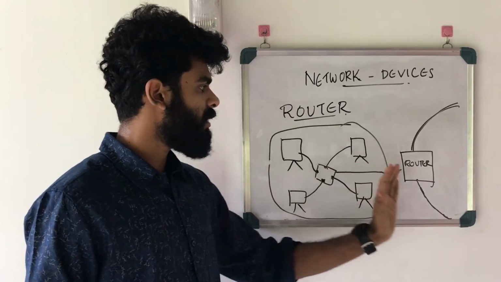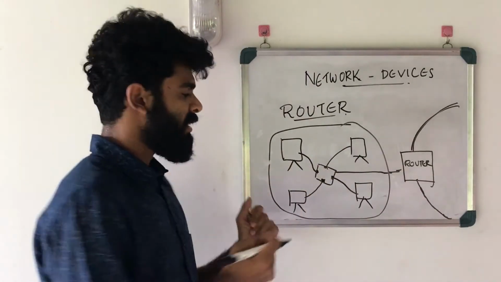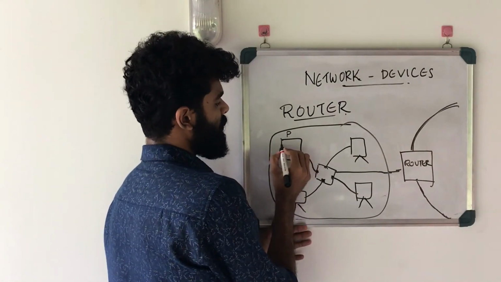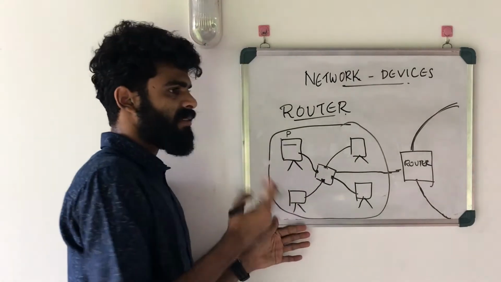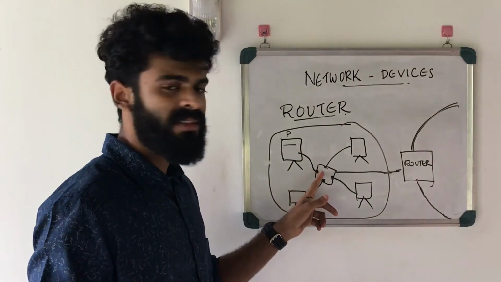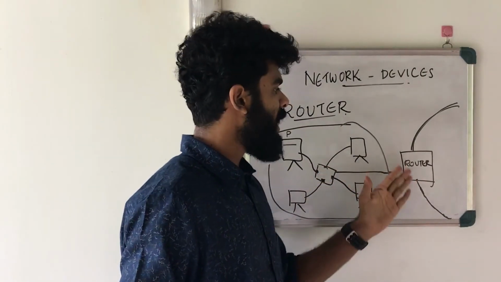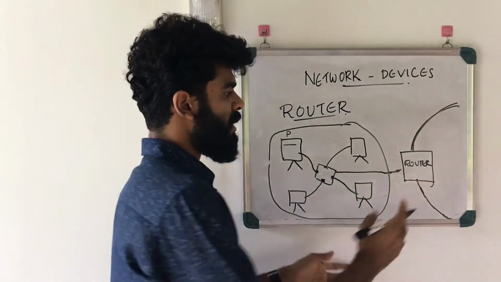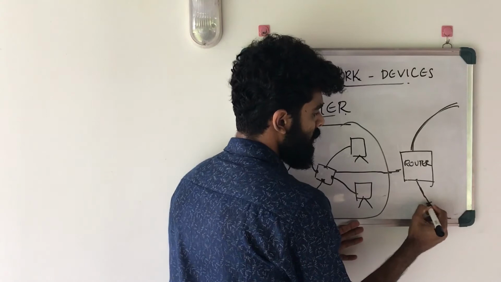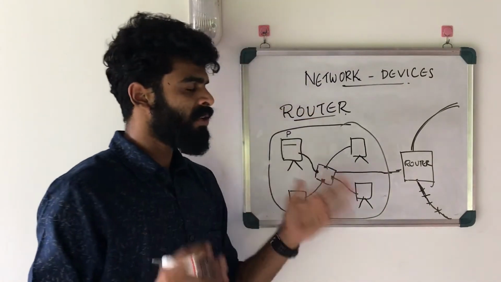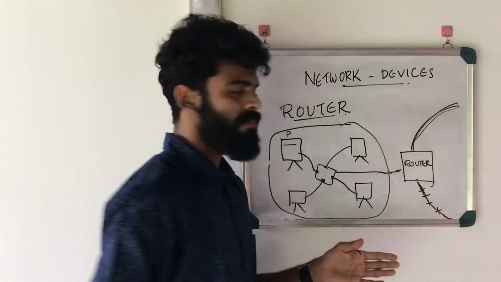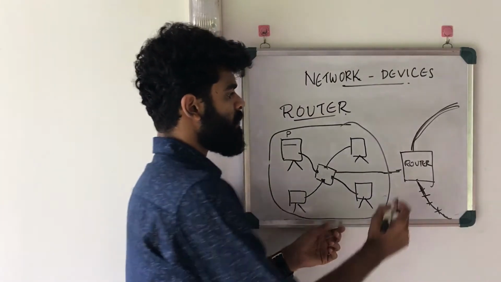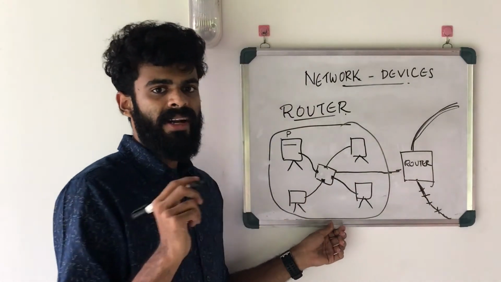The functionality of a router can be explained like this: say this is a device P and we have to go to a website called Google, then we type in the URL plus enter. Then the request passes through the switch and the switch forwards it to the router. The request goes to the server of Google, and from there the results are collected and the packets are forwarded. The important thing to know is, since this is the world wide web, the packets are intended for different computers, and the purpose of router is that the router identifies the address called IP address.